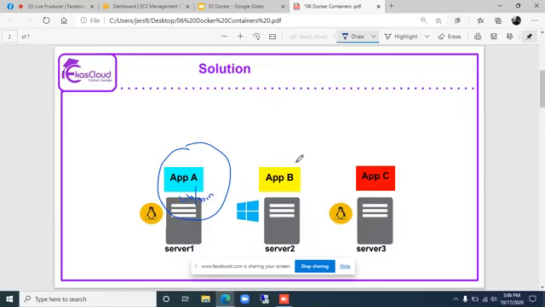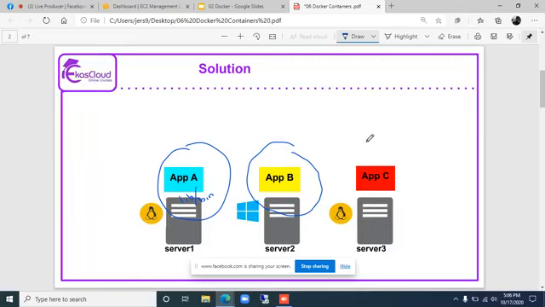In this way, applications are isolated. This isolation is fine, but the problem is that the company implementing multiple applications has to invest in lots of hardware.